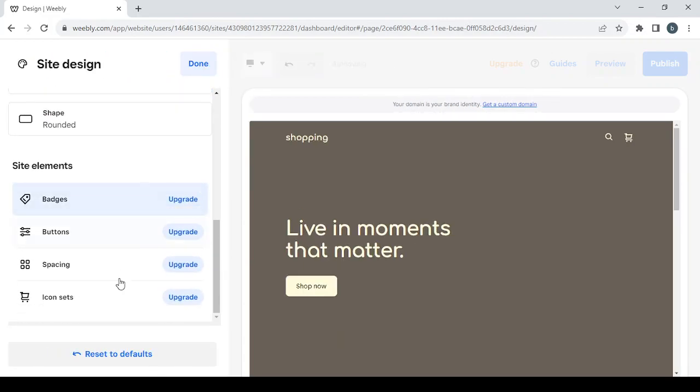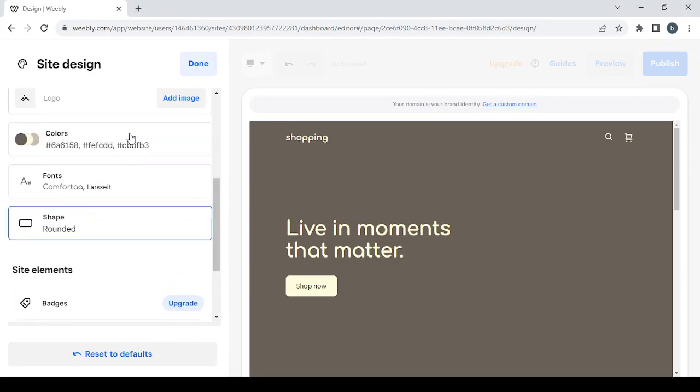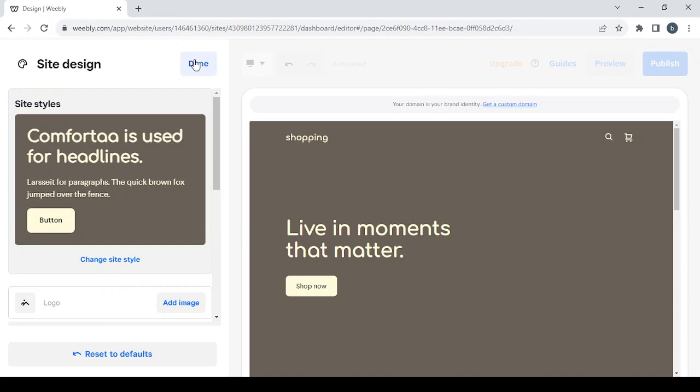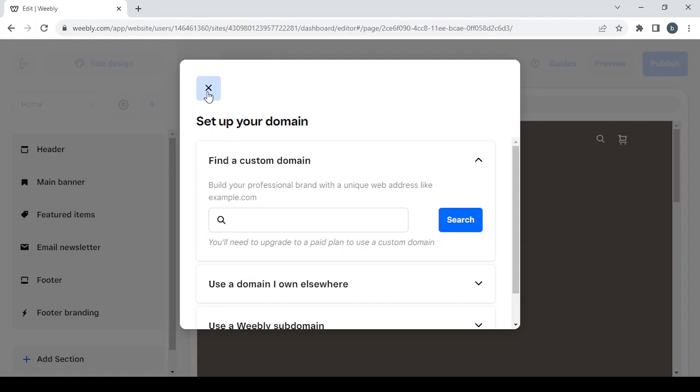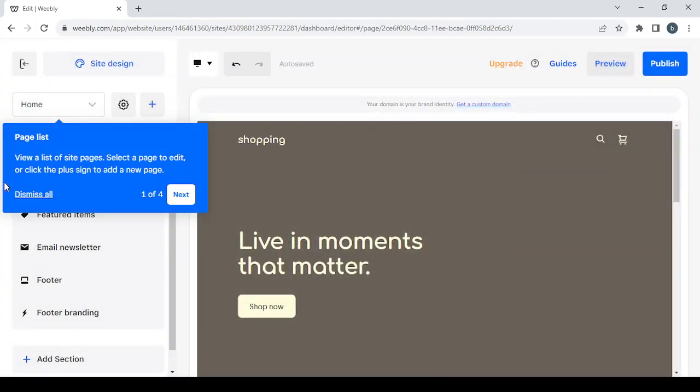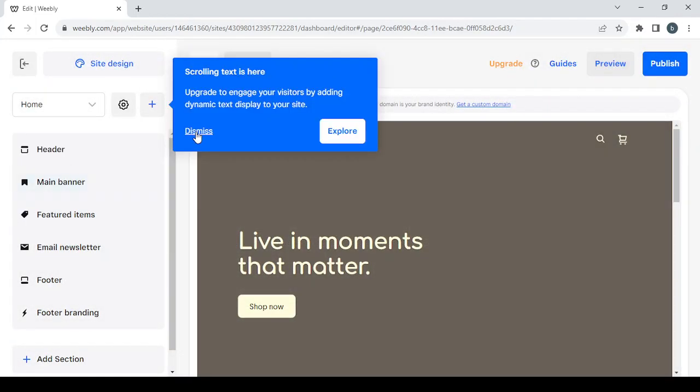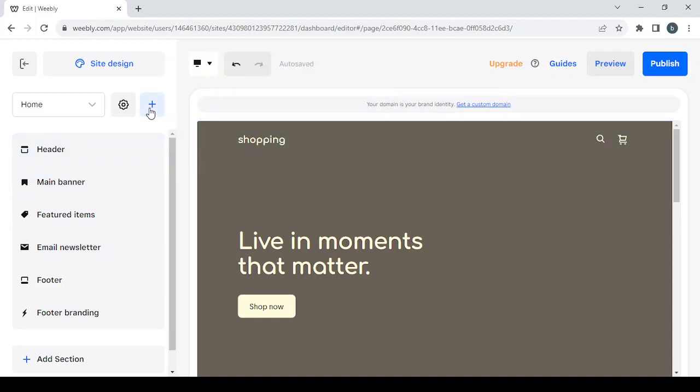Then we have the site's elements. If you want to change one of these, you will need to upgrade your plan from the free version to the paid one. And when you're done, you click on the done button, and let's close this one, dismiss all, also dismiss. And here in this plus button, if you want to create a new section or a new page, new item or a new category,